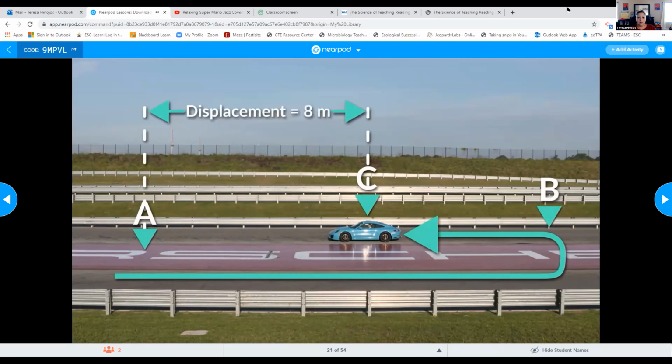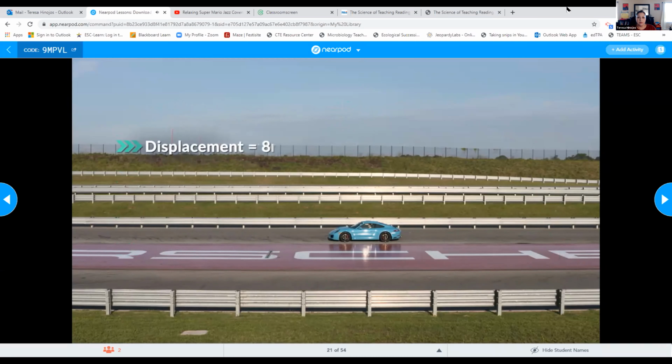The displacement from point A to point C is 8 meters. This means that the average velocity over the journey is positive 8 meters divided by 7 seconds, which is positive 1.14 meters per second, or 1.14 meters per second to the right. So it's possible for the average speed and the average velocity to have two separate values, even for the same